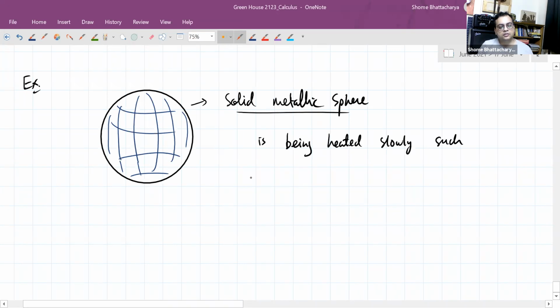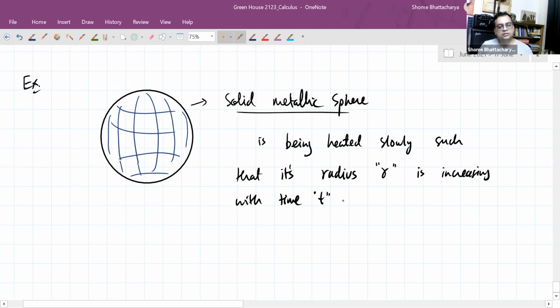Such that its radius r is increasing with time t. So now suppose